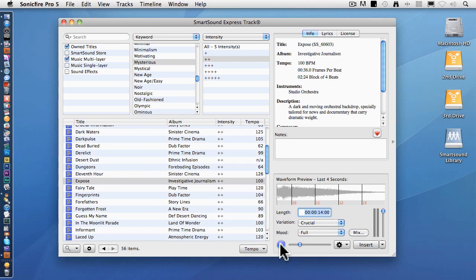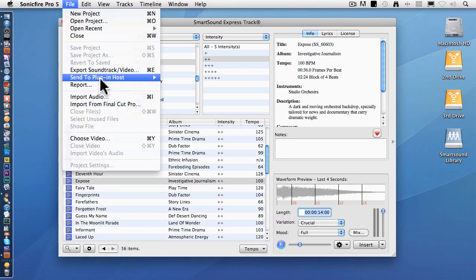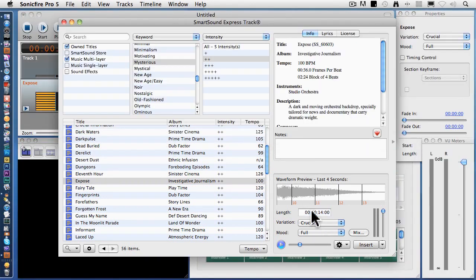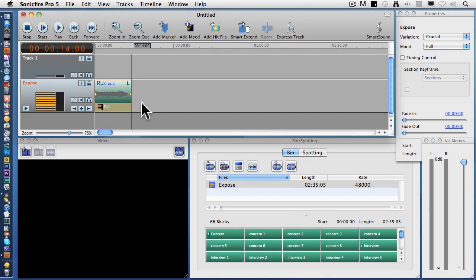Now, if I want to get this out to Avid or Final Cut or Premiere, you just go up to File and export it. And it exports it as a stereo pair that you can pull into any video editing system, audio editing system. But watch what happens when I drop this into the Sonic Fire Pro timeline. There is my music. When I hit the home key,